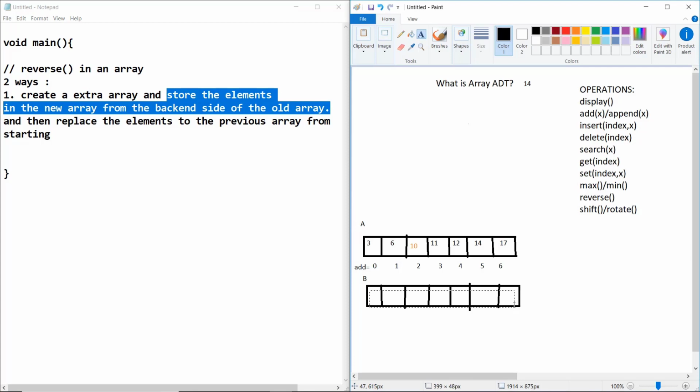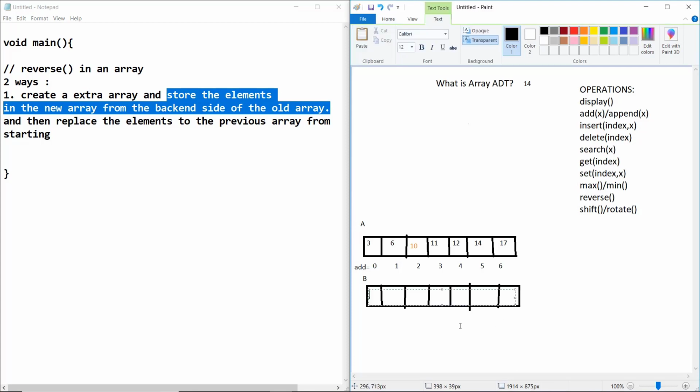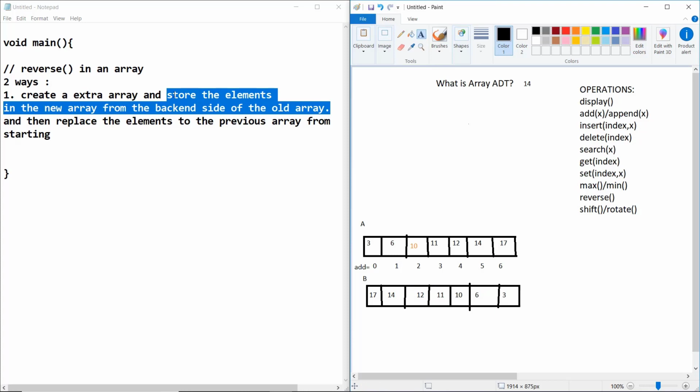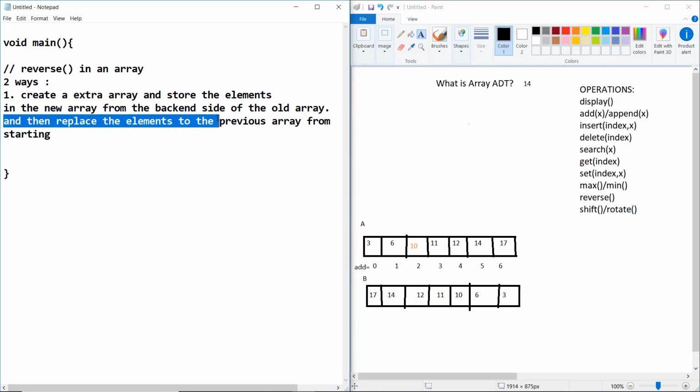So how does it look? 17, 14, 12, 11, 10, 6 and 3. Okay, so this is our approach, and then replace the elements in the previous array from the starting.